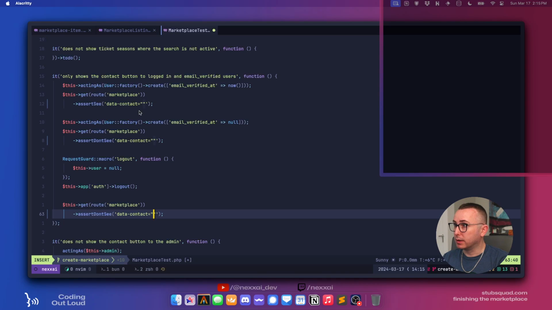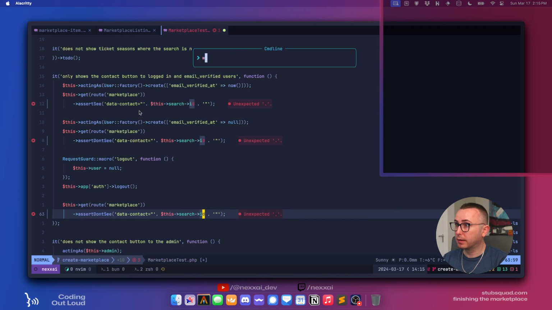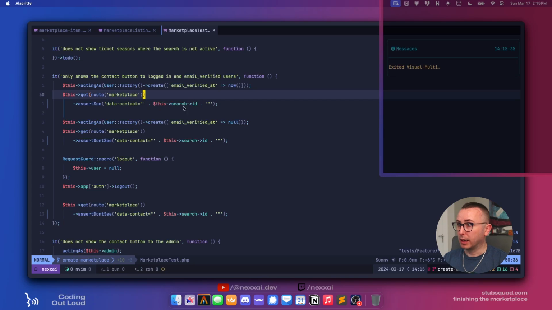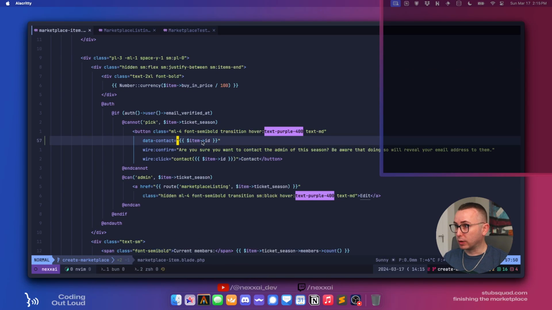How do we want to do this? Then we will say, what is this season, no, this search ID. So now what this is really looking for is this string here, right?